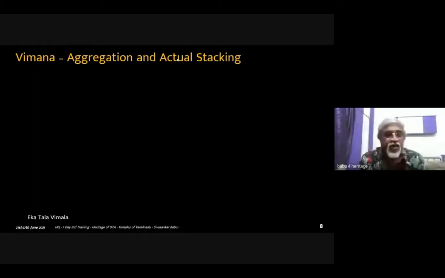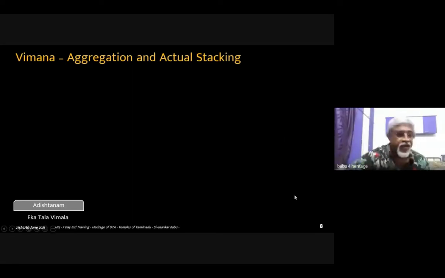So next, let us see how, from an Ekatala temple, a one-layer, one-tier temple, this aggregation takes place. If you remember, on the day one class, I gave an example of how this is put together by adding more and more components on the site. Let us see visually. I had tried to make some visual representation. Pardon me for the crude diagrams. I just wanted it to convey the meaning. That's all. So it is not the exact representation.